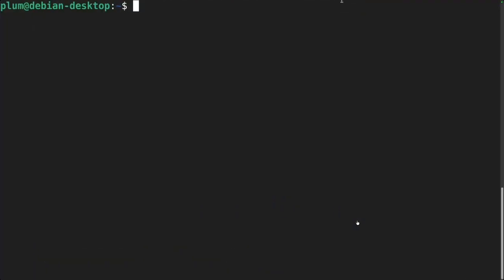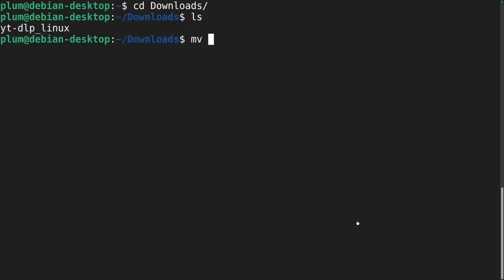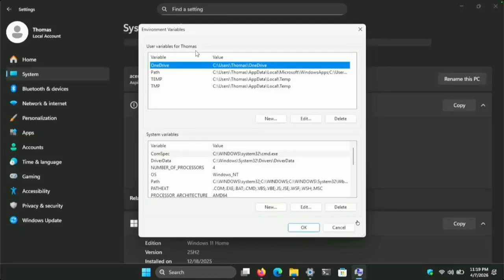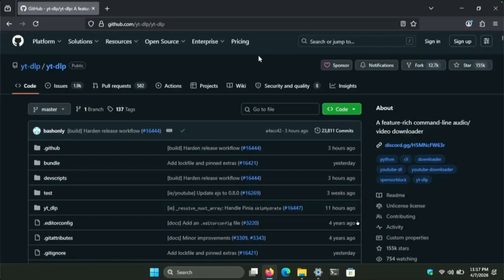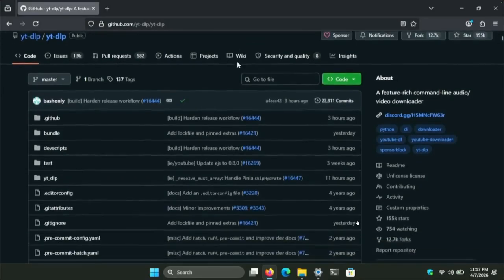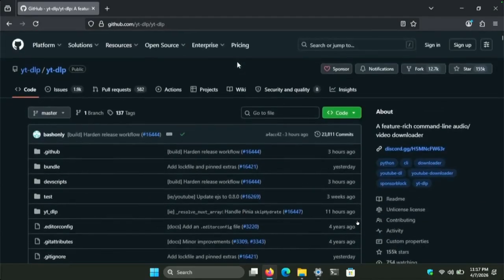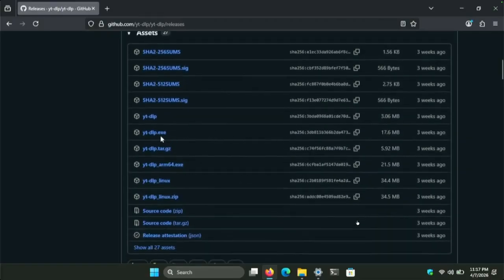Now, if you want to run the executable without having to go to a certain directory, you have to do an extra step. On Windows, you make it an environment variable. And on Linux, you move the binary to the /usr/local/bin directory. You do need root permissions to do this. I'll show you how to add it as an environment variable on Windows, and then I'll be done with the installation process. First, download the Windows executable, which is